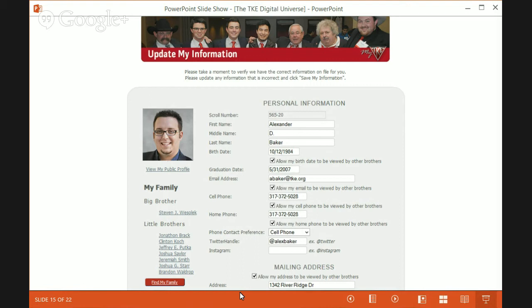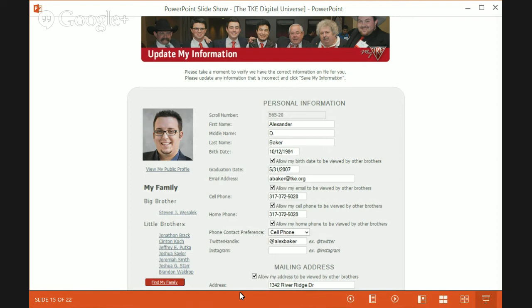And so since this feature launched, we've seen a huge number of chapters that have gone in and started collecting all the information on their current members and started going back years and years to try to find that information. So again, we can take this interconnected data, put it back on the chapter website that we provide them, and they'll be able to follow those big little brother trees all the way through their chapter.